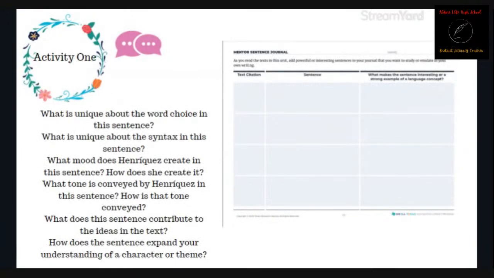This lesson begins with the class reviewing the concepts of mood and tone, consulting the mood and tone reference guides to ensure students have a precise understanding of the terms. Then they work with a partner to discuss the mentor sentences they identified in their mentor sentences journal during the reading in the previous lesson, using the question on the screen to guide their discussion, which is